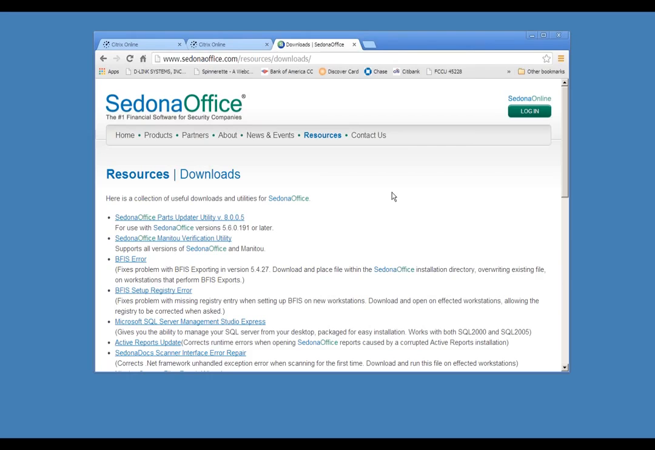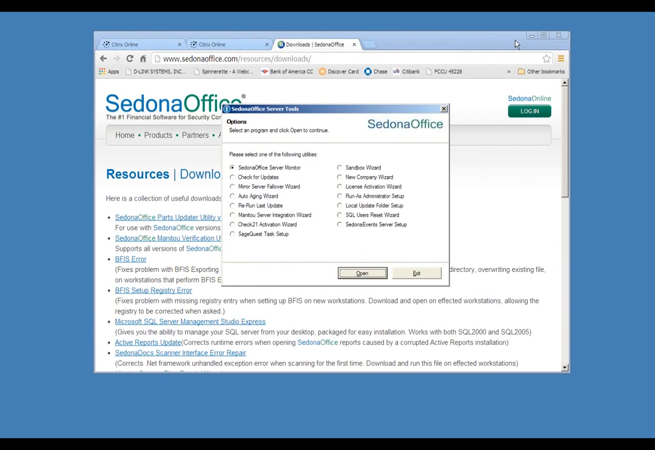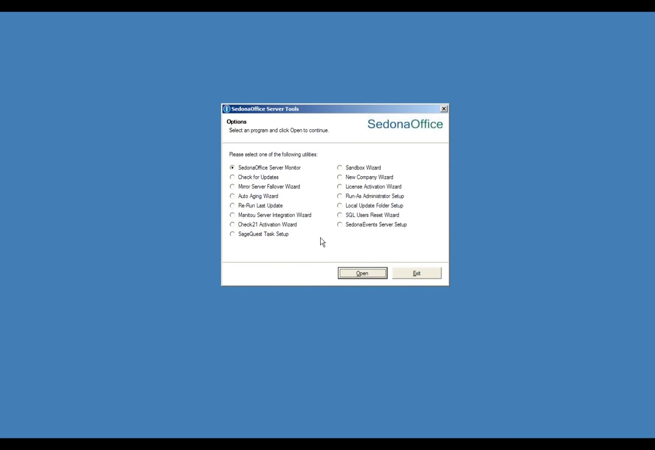Matt, I'm going to go to the next question. Can you touch on how to set up a sandbox and show someone how you do a sandbox database? On the server, in the start menu, is the SedonaOffice server utilities. And when you click on that, you get a dialog and you get a number of things. Let me see if I can get that up on my screen here so people can see it. Okay, it looks like this. All right, and right here is the sandbox wizard. You open that up,